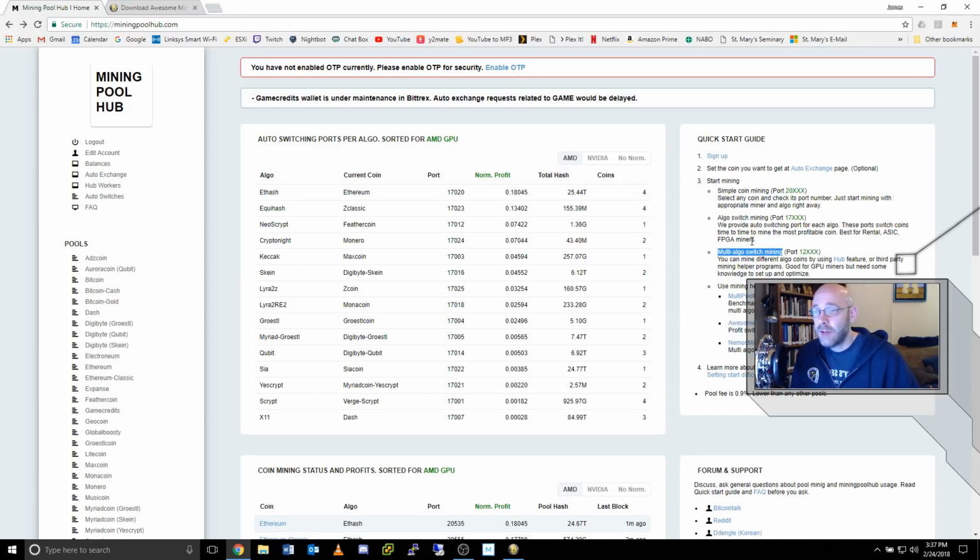Okay, so let's start at the top then. What is simple coin mining? Well, it says here, select any coin and check its port number. Just start mining with appropriate miner and algo right away. Okay, so what we would do then is, depending on the coin that we want to mine,